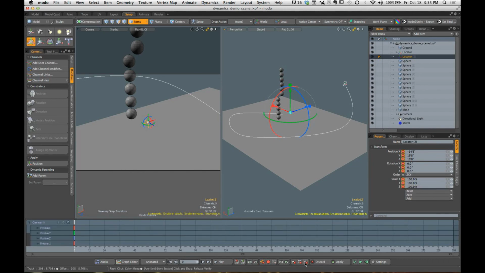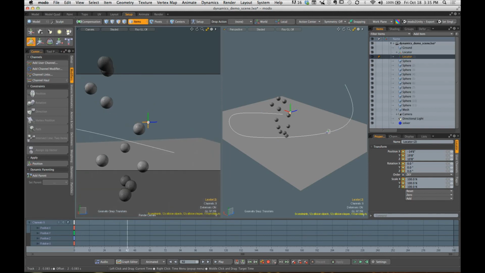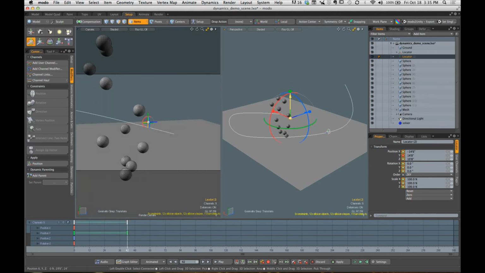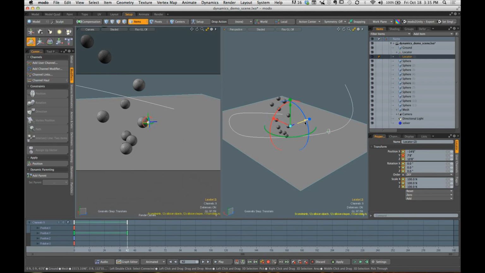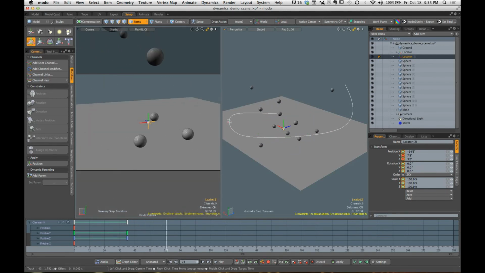We're going to set some keyframes on X, Y, and Z here for that locator. And right about in here, let's change its location to look over in there. Okay. And as we continue to go around,